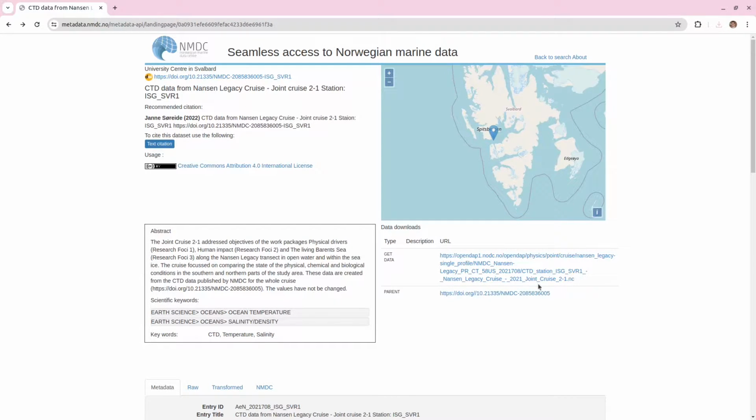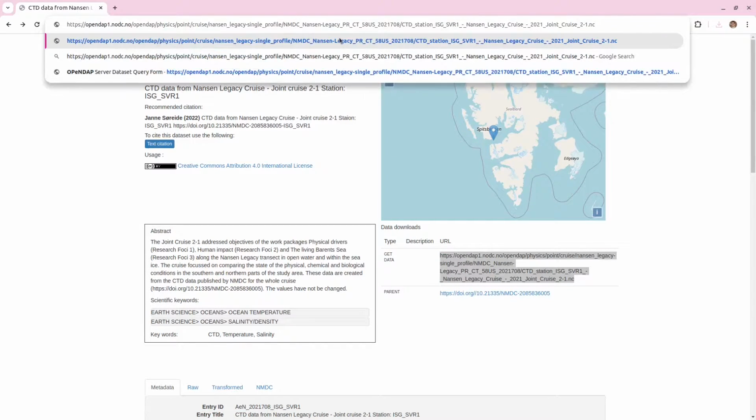These data are available via OPeNDAP, and if you press this link here, you'll download the NetCDF file. But we don't want to do that in this case. There are 60-something NetCDF files for this cruise, and that would be tedious. So instead, what we're going to do is we're going to copy this link here, paste this into our browser, and we're going to append to the end